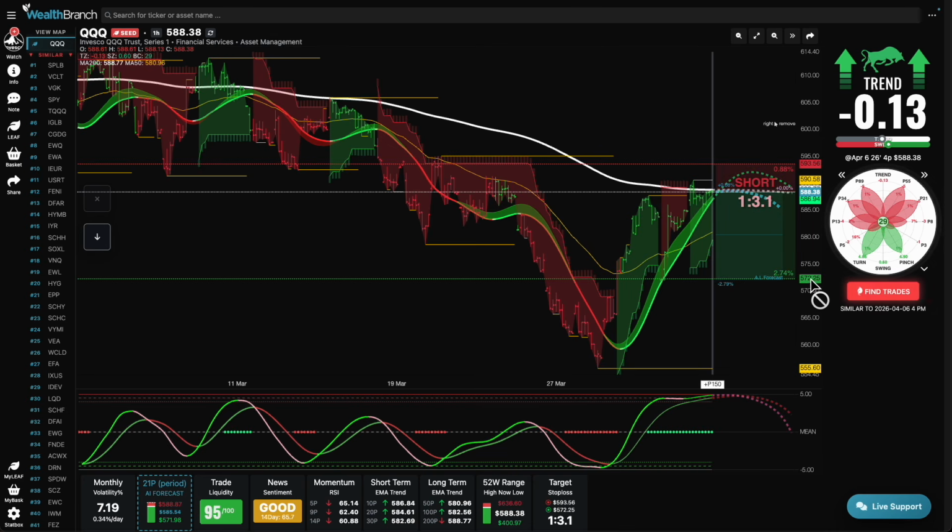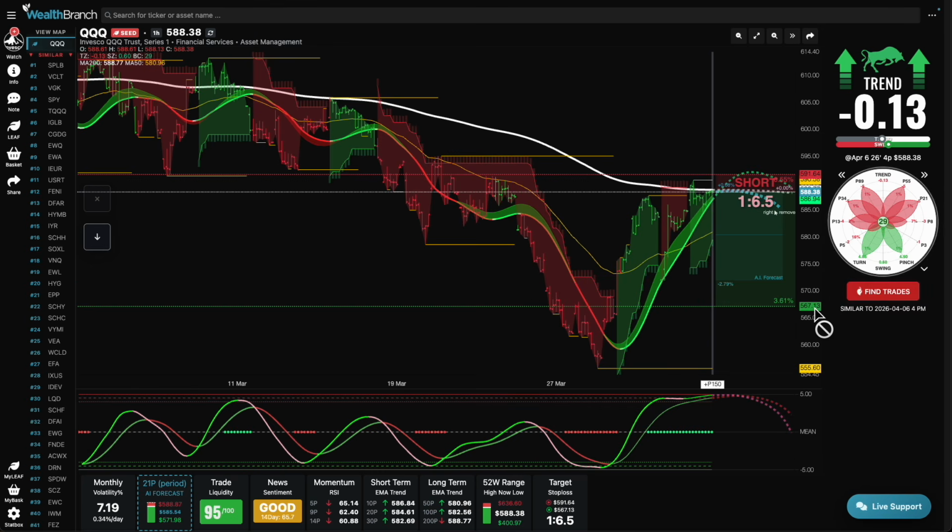So we could do a tight stop here. If we're wrong, we get out at 591 on our short. Or we short down to, let's say, right there. So that's like a 1-to-6 ratio. That's a pretty solid risk-reward ratio right there. And if I want to get rid of my little stop loss, just right-click and it